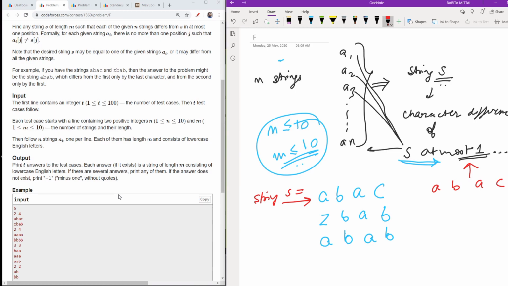It means they can be the same, or the difference is at most 1. So a, z not same, so 1 difference. b, b same, a same, c, b not same. So it is not possible to have this as the answer.